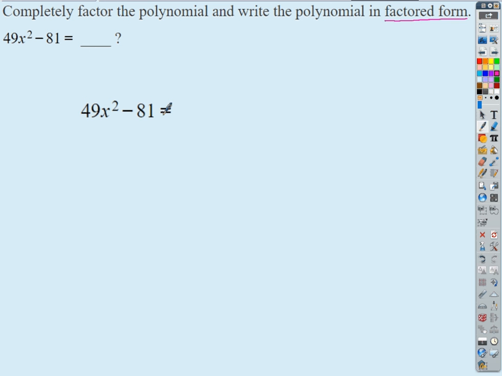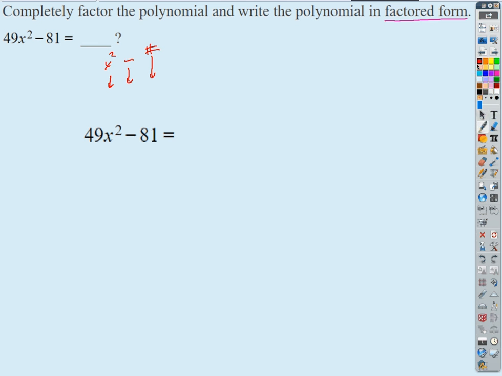So then what? Okay, so then we're asking ourselves, what else can we do? So there's a couple things we can look at here that sort of give the answer away. One of them is, look, we've got an x squared term in the first term, and then we've got a minus a number. If I have some pattern of the form x squared minus a number, then we have to ask ourselves, does this thing fit the pattern